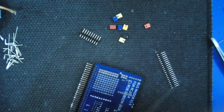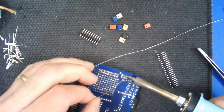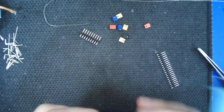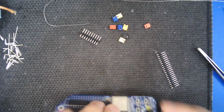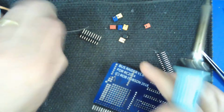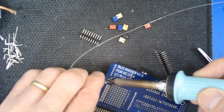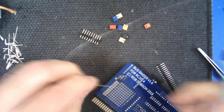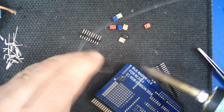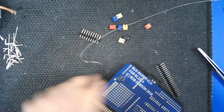So we'll just put that in place. This again, I'm going to just do one connection and then check that it's properly seated, which it looks as though it is, and then I'm going to do the remaining ones. Okay,